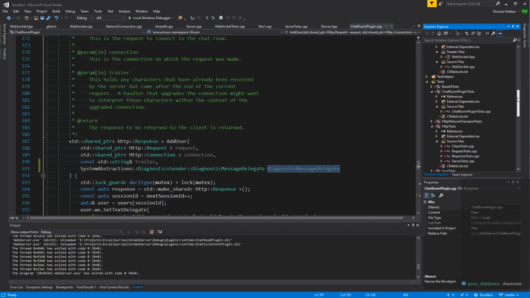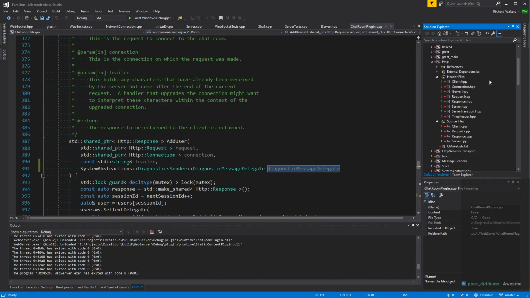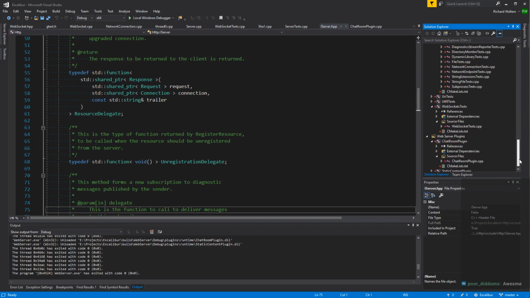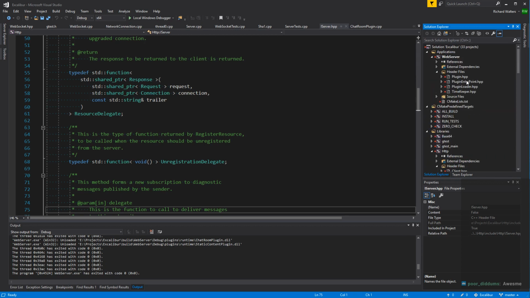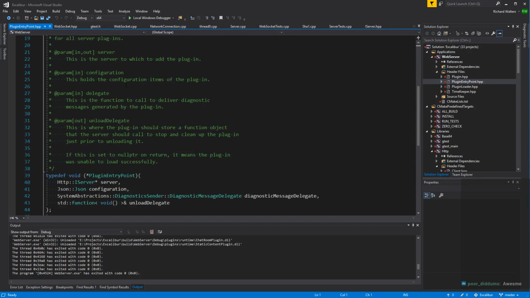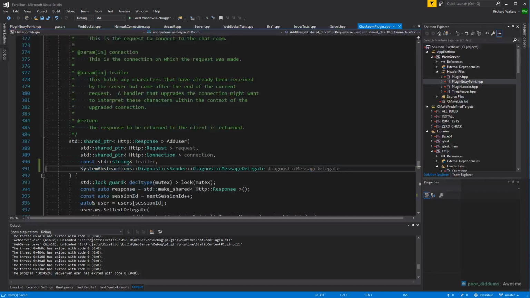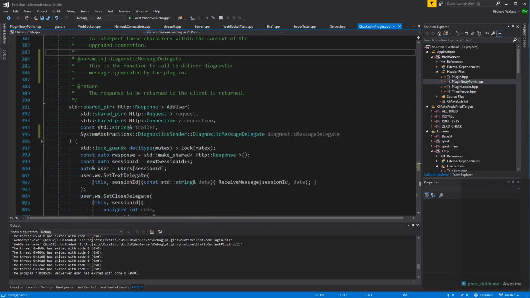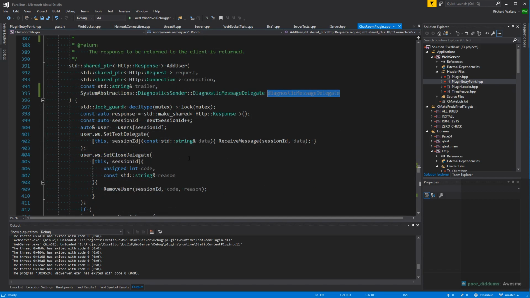So where was that? Where did I declare the thing, the entry point? Oh, that was web server plugin entry point, yeah. Oh, I didn't even put the full name in there. Shame on me. Okay. Just copying documentation around here. Don't mind me. Okay, what we want, I suppose, is